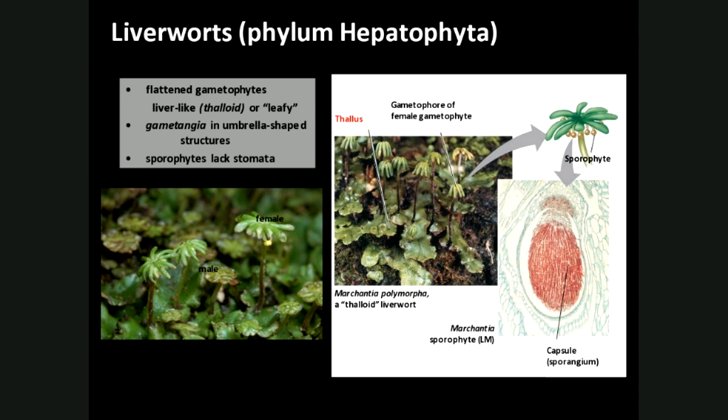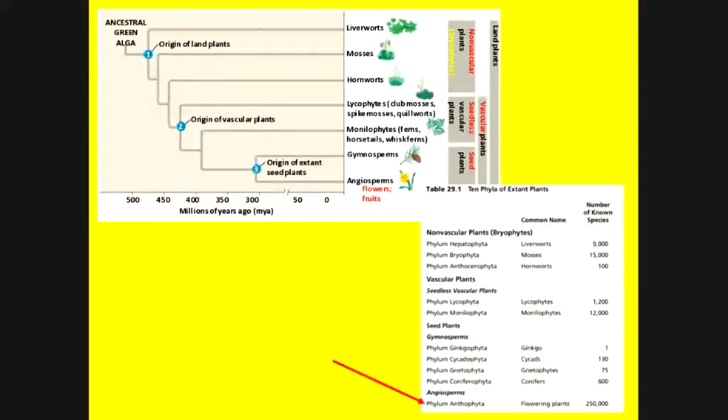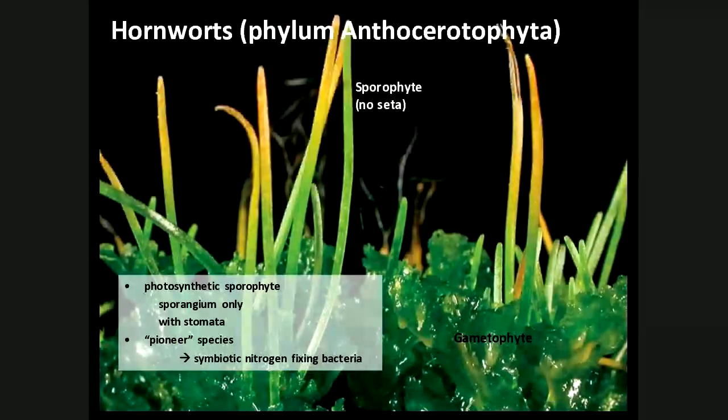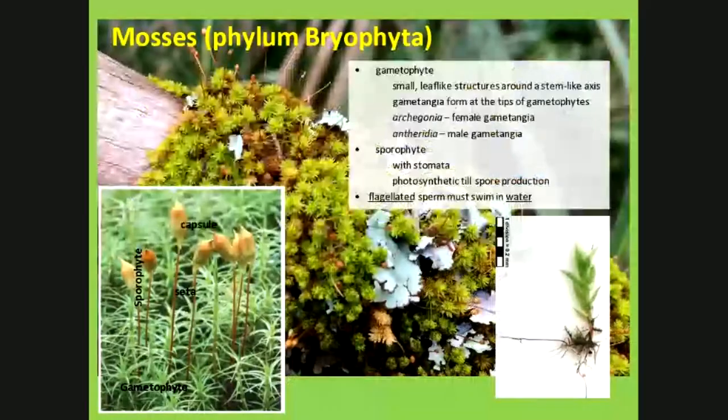All right, bryophytes. Let me go back to this slide for a second because I want to show you. Bryophytes refers to two things. It refers to something general, non-vascular plants. We've gone through the liverworts and the hornworts, but then there's the phylum Bryophyta. So bryophytes are liverworts, hornworts, and mosses, but in the phylum Bryophyta, it's just the mosses. When you say Bryophyta, you can be referring to two different things: mosses, liverworts, and hornworts together, or the phylum Bryophyta, which is just the mosses. Sometimes these terms get confusing.